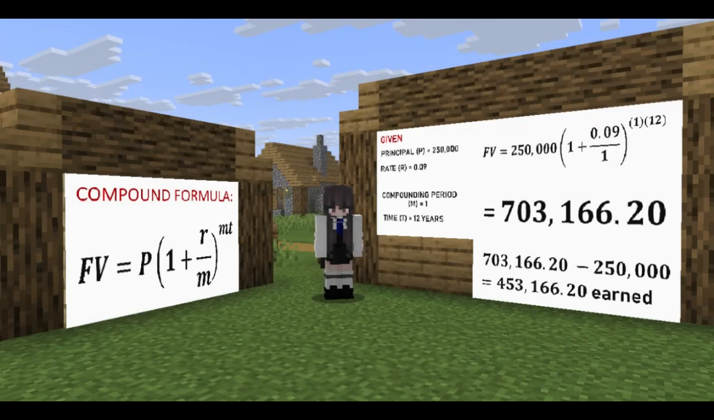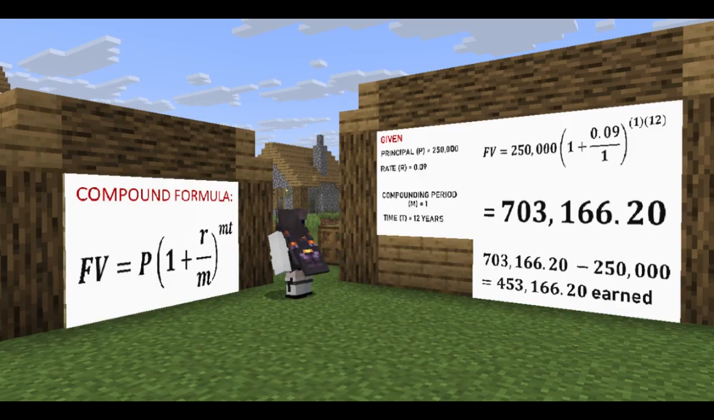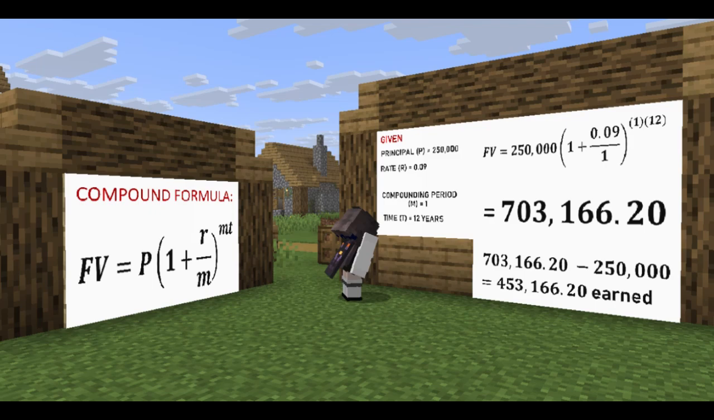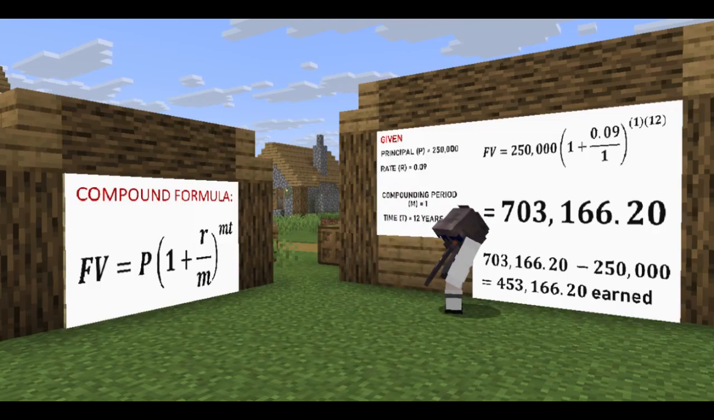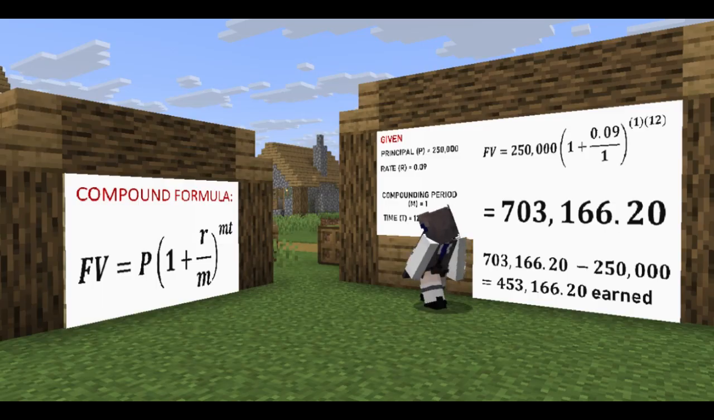Let's start with option A, which is compounded annually. We'll use this formula to compound interest. Now, let's substitute the given values. Principal equals 250,000 pesos, rate equals 0.09, compounding period equals 1, and time equals 12 years. So we'll have FV equals 250,000 times 1 plus 0.09 over 1, raised to the power of 1 times 12. When we calculate that together, that gives